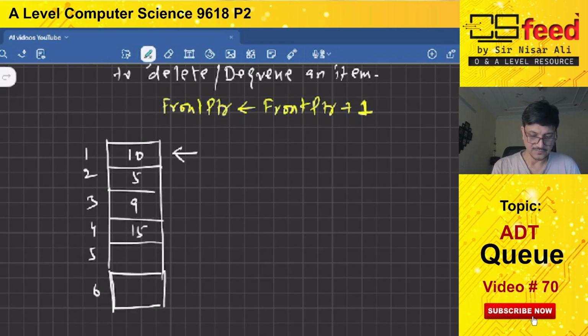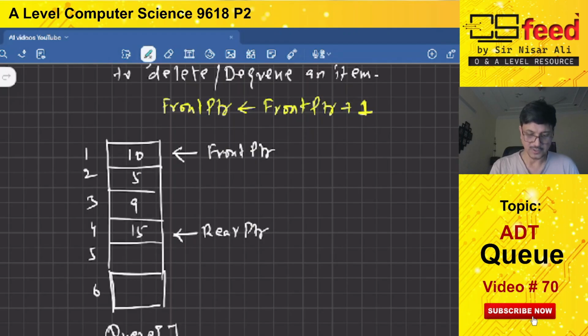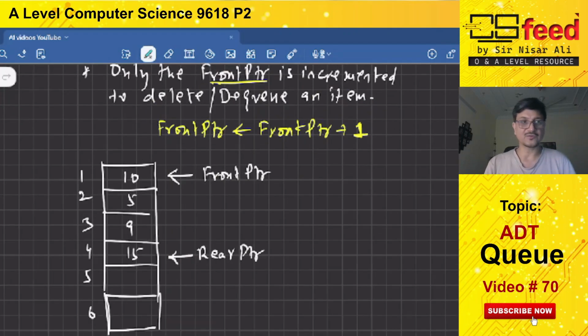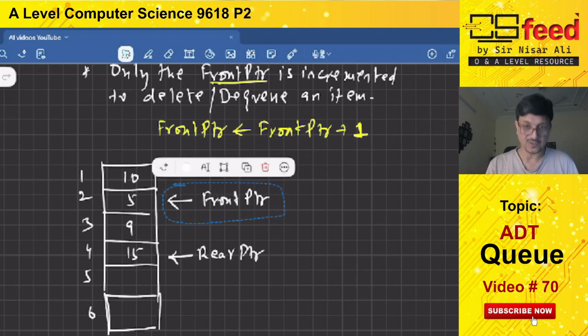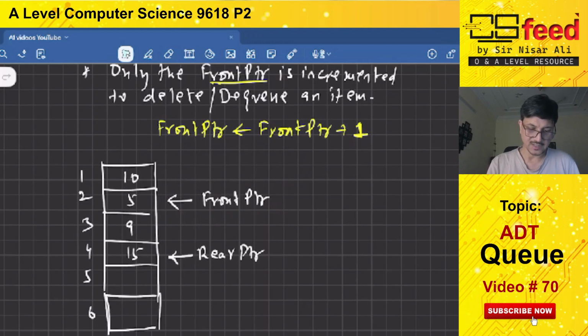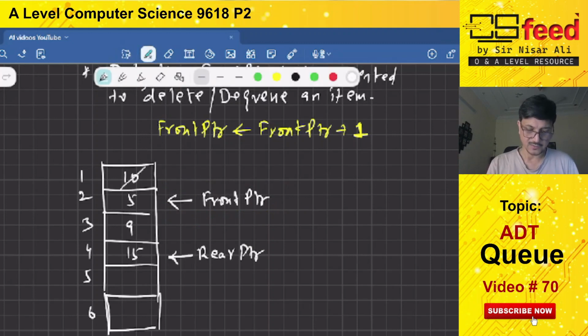So this is the front pointer, and this is the rear pointer. So when we are removing a value, we are doing Dequeue. What we are doing, we are only incrementing the front pointer. So this front pointer will be incremented and it will point to the next element,